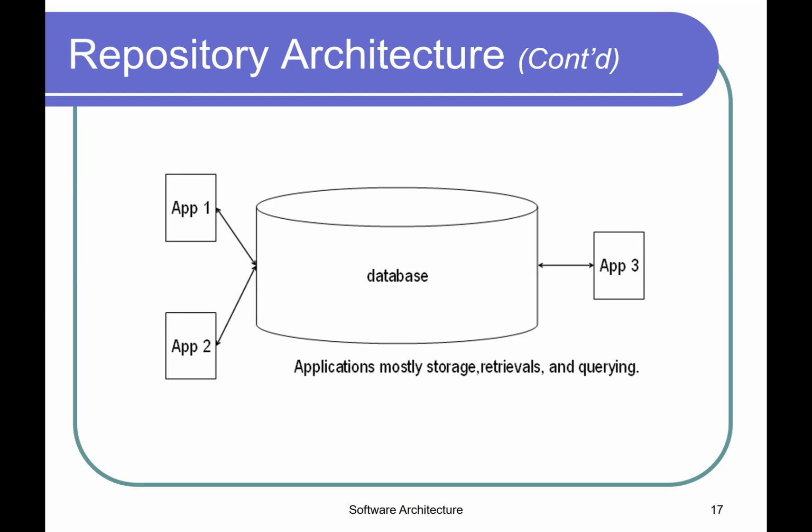So it does come with the advantage of having consistent data across the board. Another great advantage is that if I have a large amount of data that is being shared between different applications, it's just easier to put it in the middle and everybody accesses it. Now, if we didn't have that repository, that means that for this large amount of data to be shared, this guy has to have a full copy of it, this guy has to have a full copy of it, and this guy has to have a full copy of it, which is what happens nowadays with the blockchain architecture. You've heard of this term, okay? If you haven't heard, don't worry about it. It's not part of this course yet.